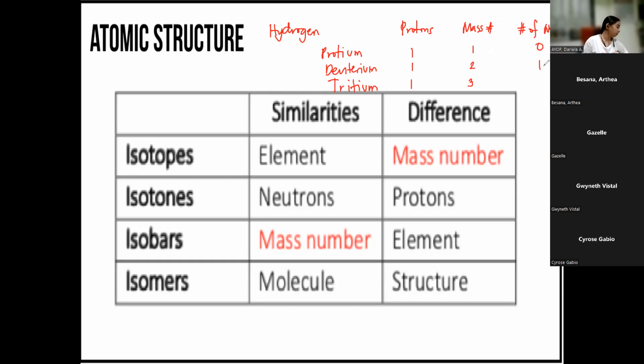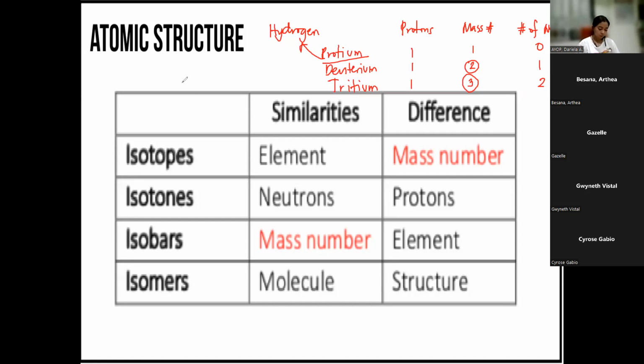Si deuterium naman merong isang neutron. So 1 plus 1 kaya naging 2 ang mass number. And kasunod lang ito. Si tritium ay merong 2 neutrons kaya ang mass number niya ay naging 3. So silang lahat ay hydrogen pero they have different number of neutrons and thus a different mass number. So itong si protium class, ito yung normal hydrogen that we get to see or we get to observe